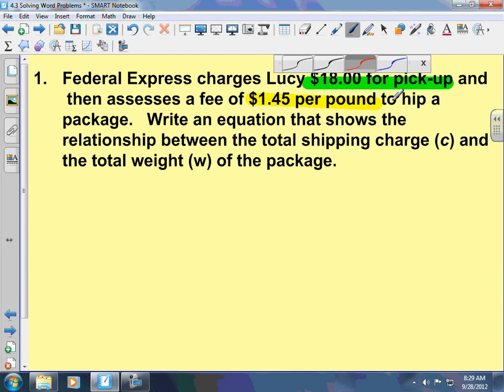I don't know what hipping a package is. I'm going to assume that should be ship a package. Write an equation that shows the relationship between the total shipping charge, total charge C, and the total weight of the package, weight. So, kids,